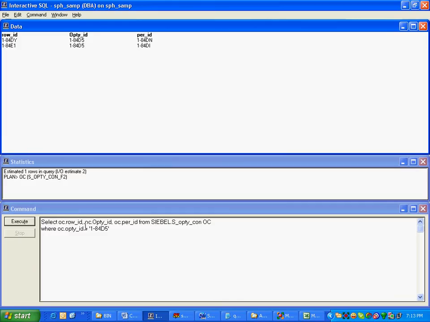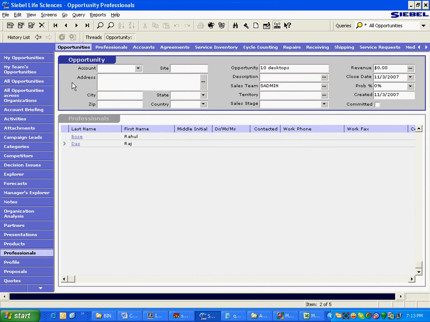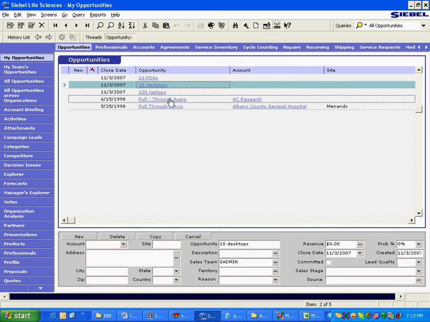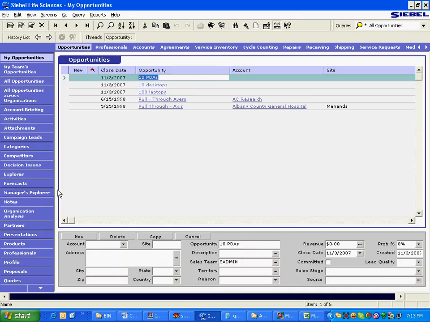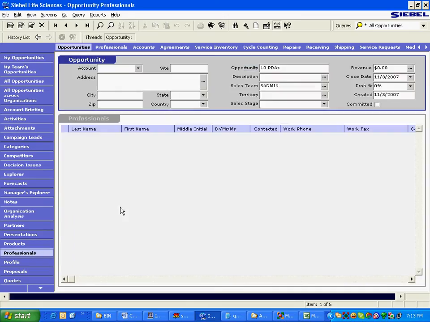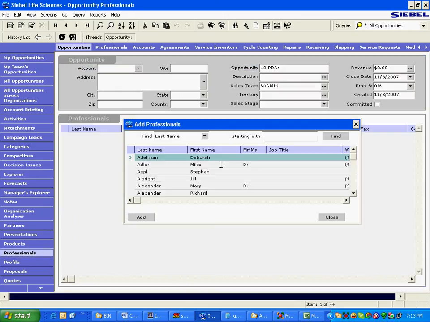Okay. Now the third, 10 PDS. 10 PDS is attached to John Smith and Rahul Bose, right? So I'm going to go to the GUI, go to that opportunity, 10 PDS, and enter a few professionals for that. What are the names of the professionals? Rahul Bose, right? Second one.